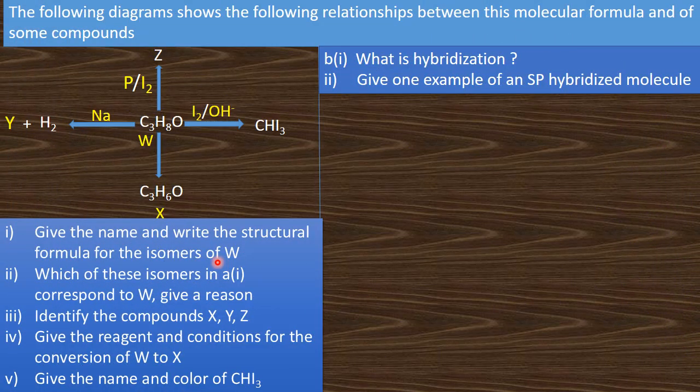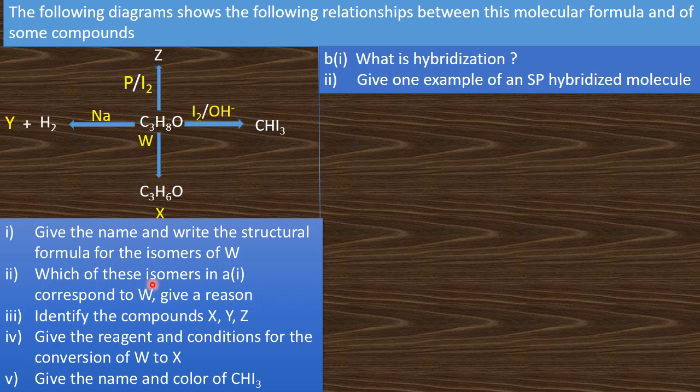Great. So friends, as you can see, the question is that the following diagrams show the following relationships between the molecules and some compounds. This is what we have been given. Then they are saying that we should give the name and write the structural formula for the isomer of W. Then state which of these isomers in A, Roman 1, corresponds to W. Identify the compounds X, Y, and Z. So we'll come to that, guys. Let's just start. So friends,